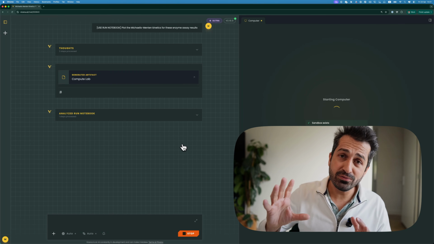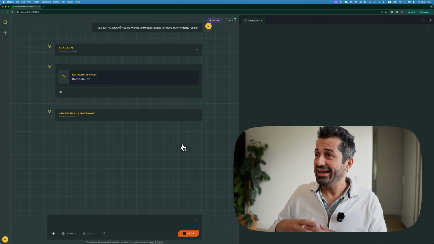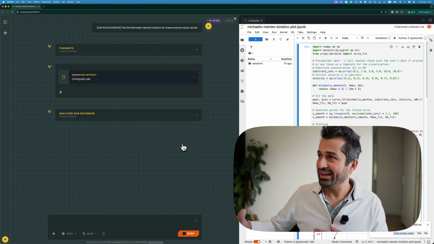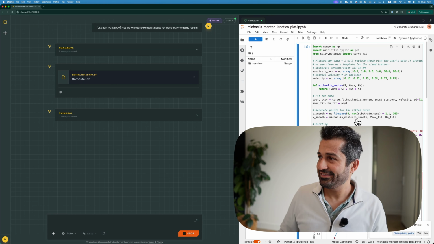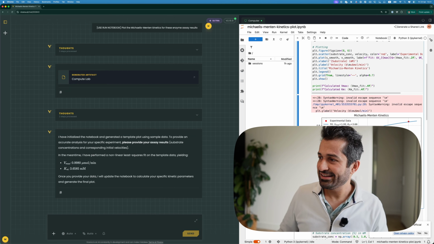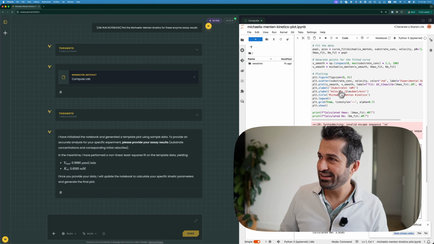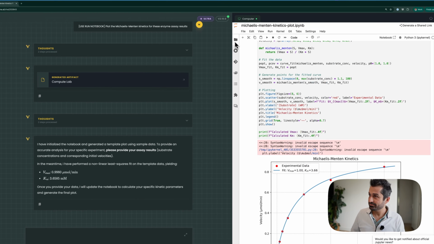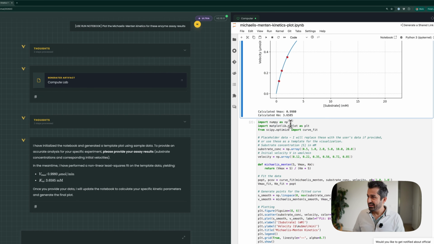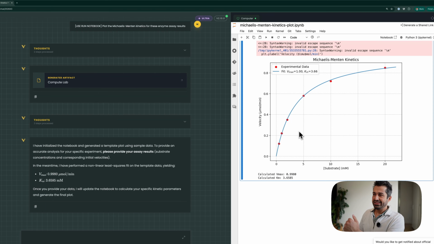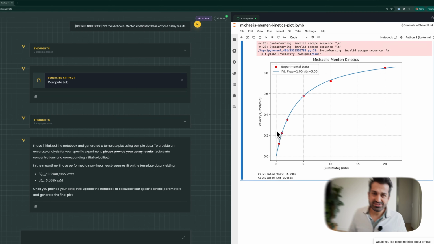You have your files, they stay there, and it opens it up, writes the code, and gives you the results.